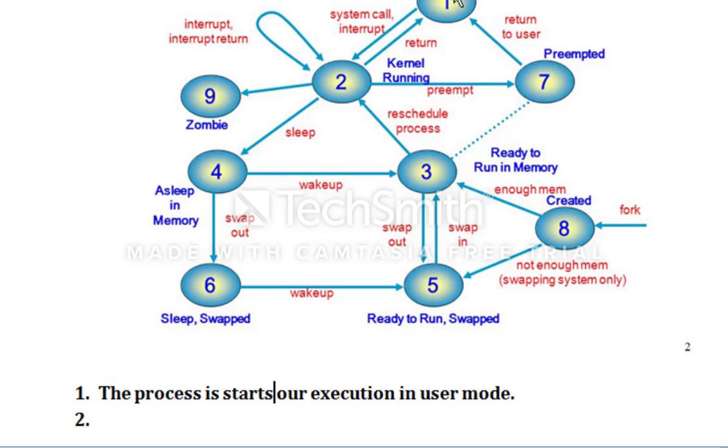Every user is identified by its U area, and every user is identified by its ID, which is known as UID. So the user has its own U area and its own ID, known as UID. The new process is always created with the fork system call. So the user creates a new process by calling the fork system call.